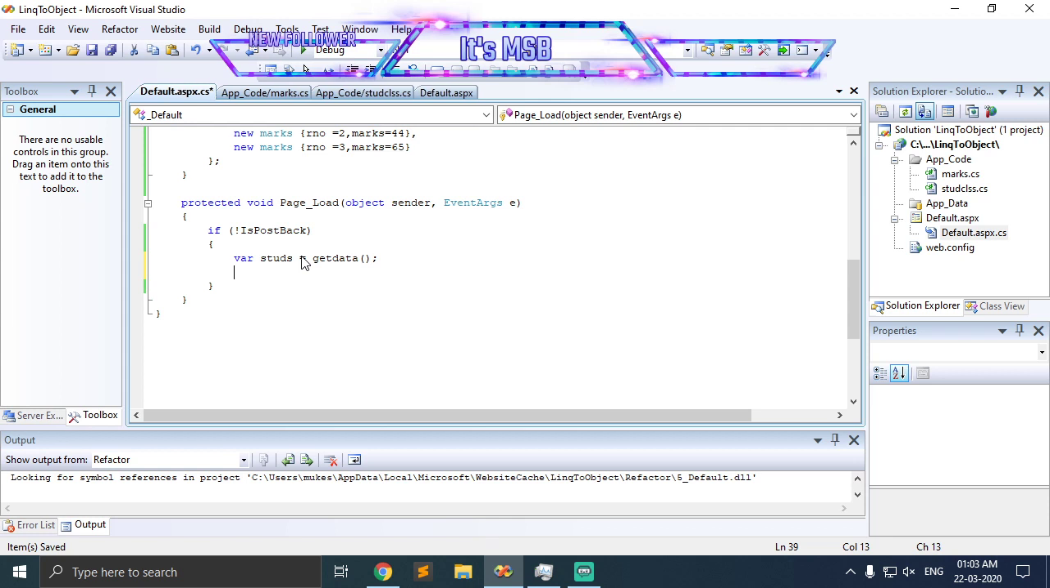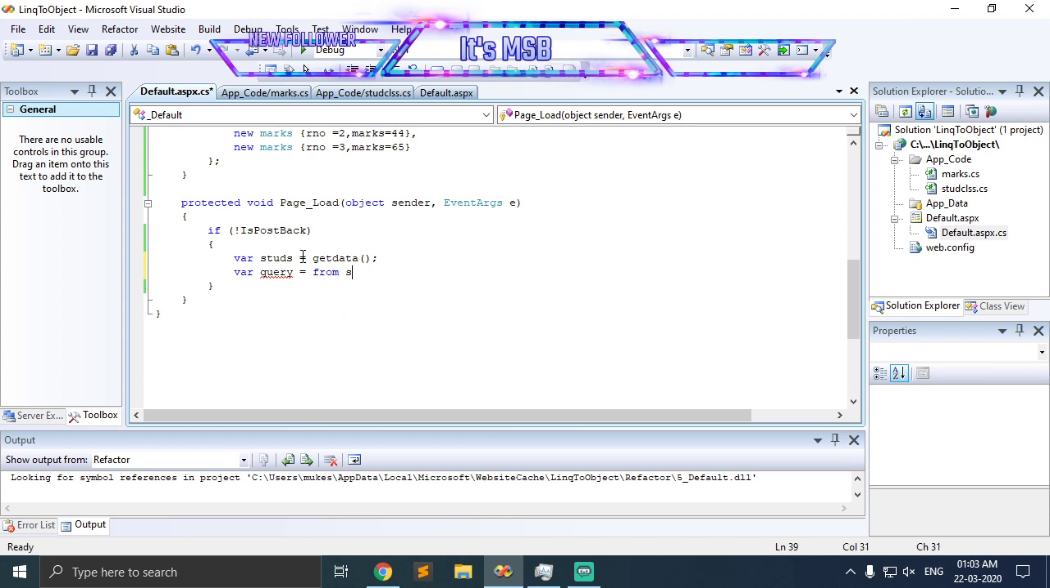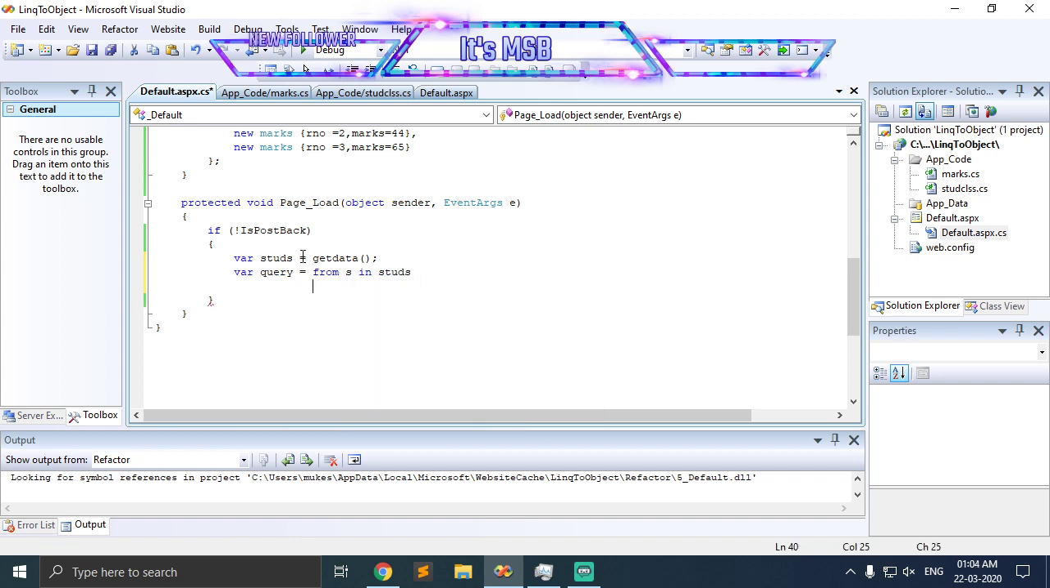And the next, query. I didn't put it earlier, but yeah, query equal to from s in studs, that's the studs or other variable. Select new,